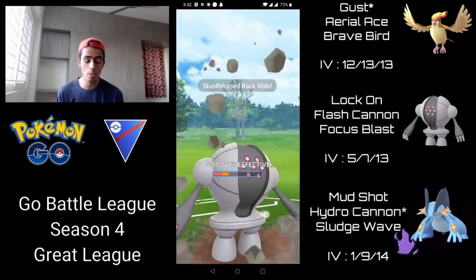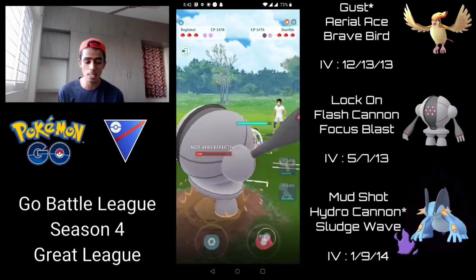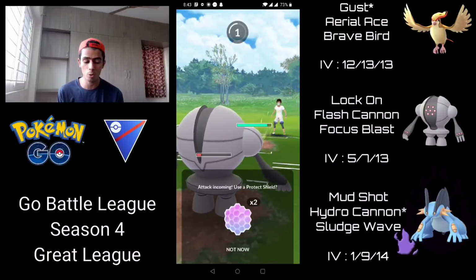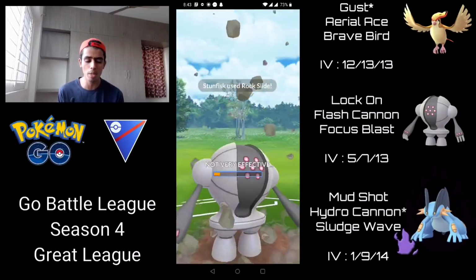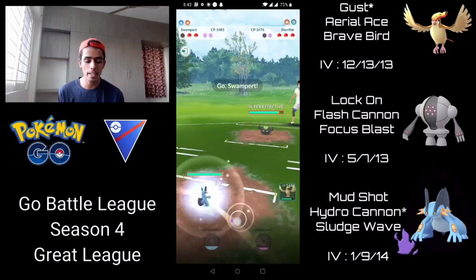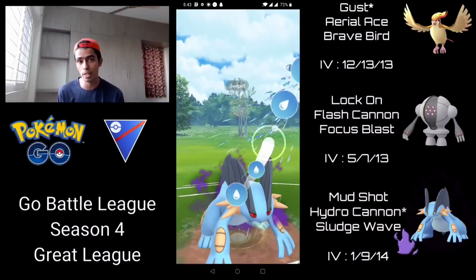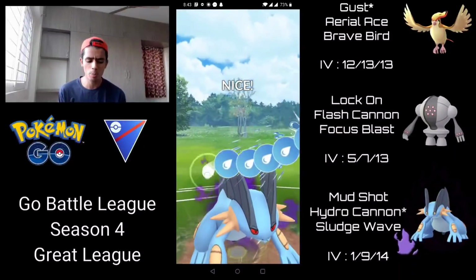But they bait with Rock Slide, which is fantastic. We should be able to get to a Focus Blast. But yeah, it was smart of them to throw the Charge Move because we could have gotten to a Focus Blast there. I'm going to let this go through. It's absolutely fine because I can just come in with Swampert and then get off this Hydro Cannon as quickly as possible. So Hydro Cannon is obviously super effective because of the ground typing and should pretty much one-shot it